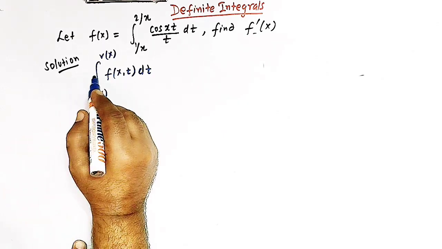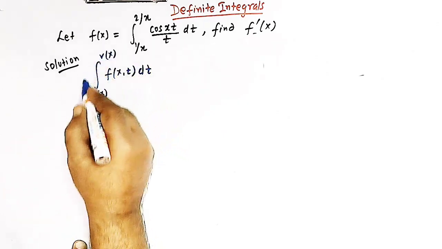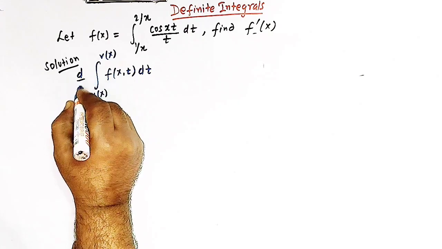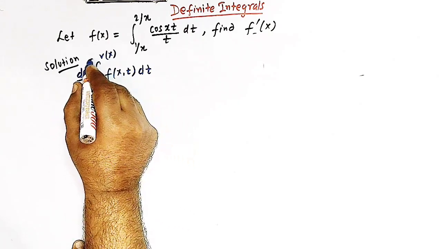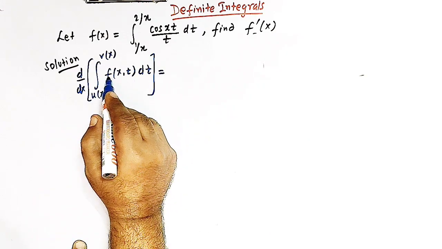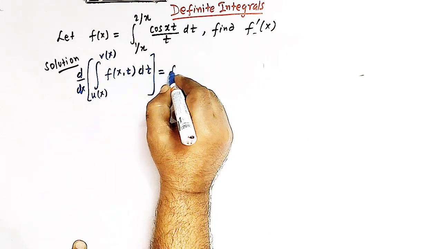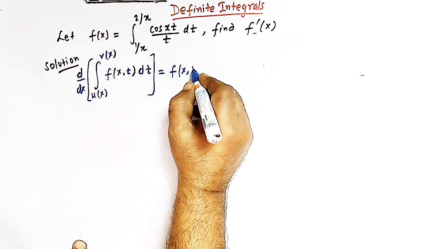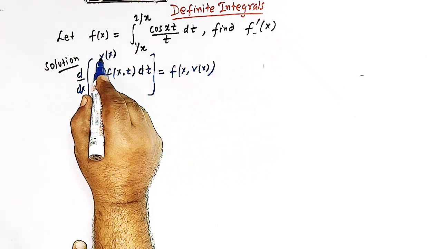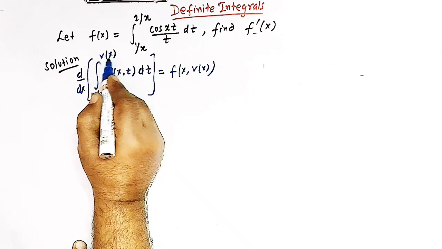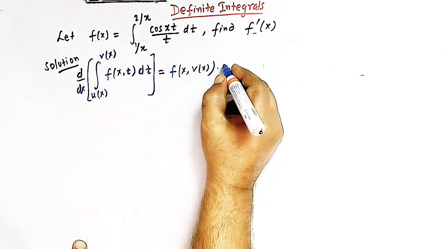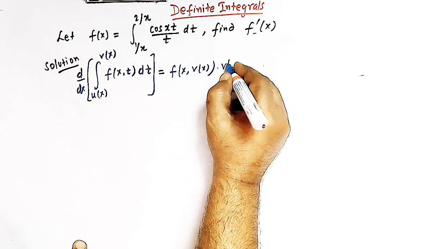And if we wish to find out the derivative of this integral with respect to x, then Leibniz integral rule says that first we'll write f of x comma v of x, that is first we'll replace this t by this upper limit v of x, then we multiply this quantity with the derivative of v of x,